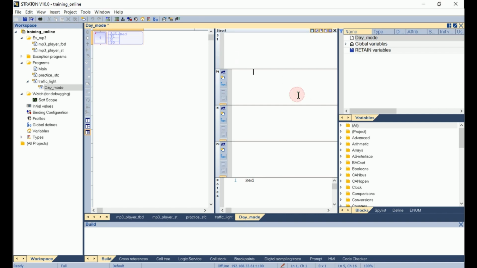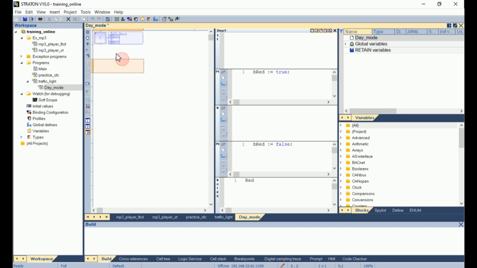Then I will use the P1 section to light on the lamp, so B red double point equal true, semicolon. And I use the P0 section to switch it off, so B red double point equal false, semicolon.